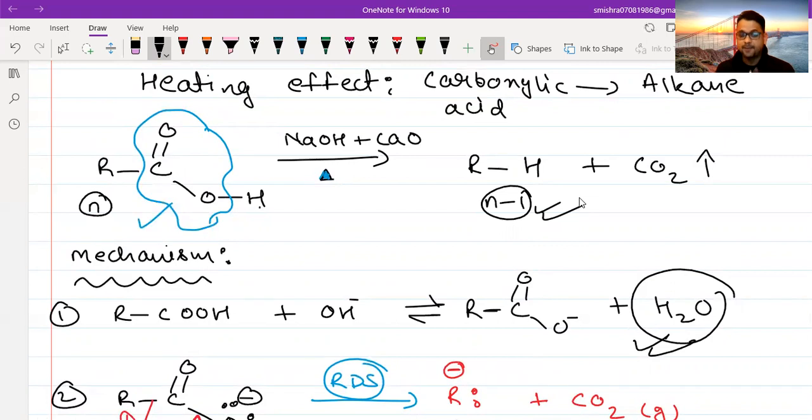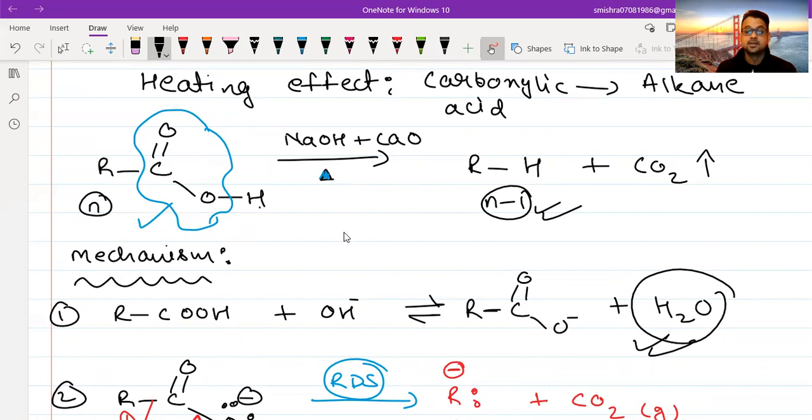First characteristic. Okay. The number of carbons in the product is 1 less than the number of carbons in the reactant. तो जैसे अगर आपको, for example, if you have to prepare propane, so here you will have to take butanoic acid. एक carbon ज़्यादा होगा, 1 carbon will be more. If you have to prepare butane, then here you will have to take pentanoic acid. This is very important. Keep this in mind. A large number of questions are asked from this. Okay. First characteristic I have discussed.